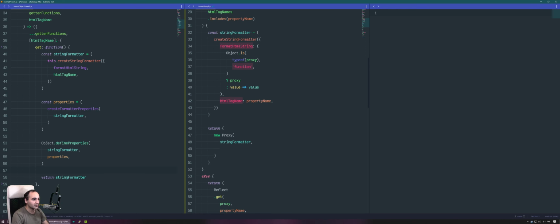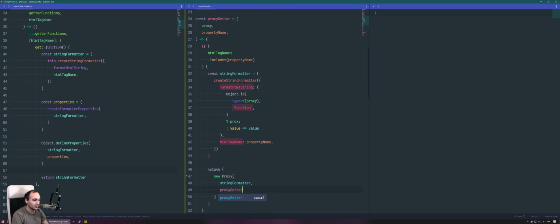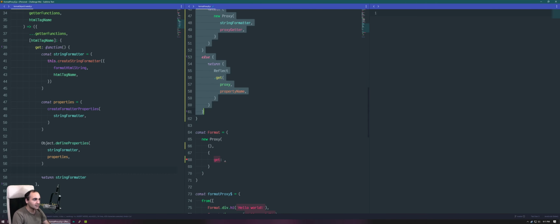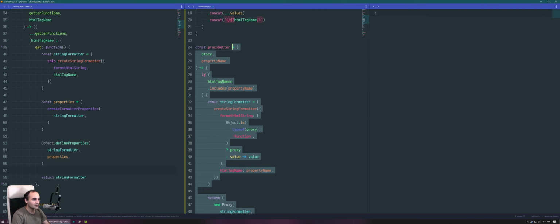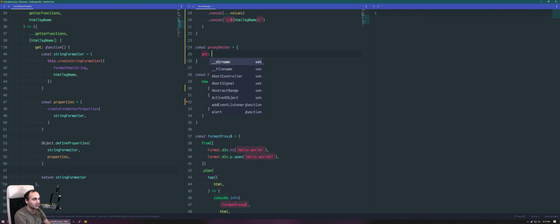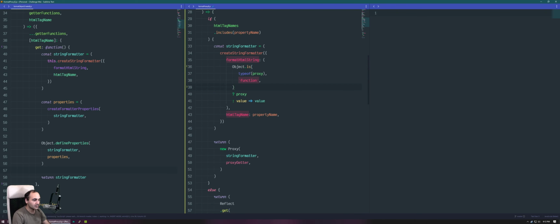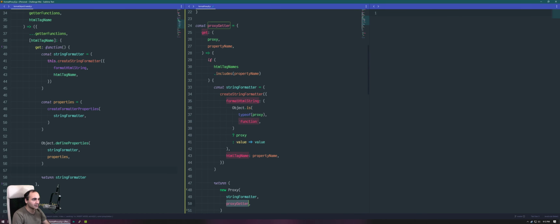Yes. And now we can return a new proxy here, and the proxy getter is not correct. This has to be an object. It's not a function. We have to return this as an object with a get property. There we go. Yeah, did it wrong. Okay, so now it's our proxy getter. It's not our proxy getter though, it's our proxy